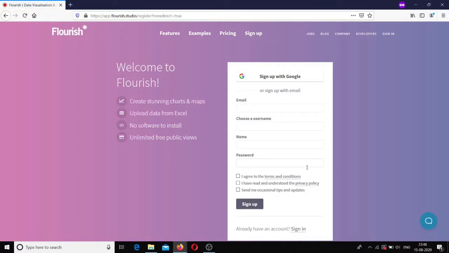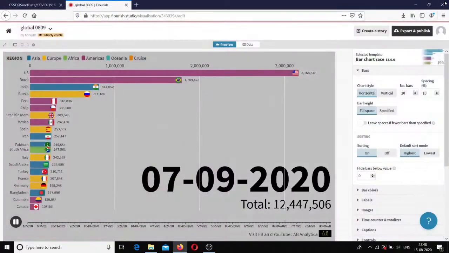Then you have to fill in your email, choose a username and then select password. It's very simple.